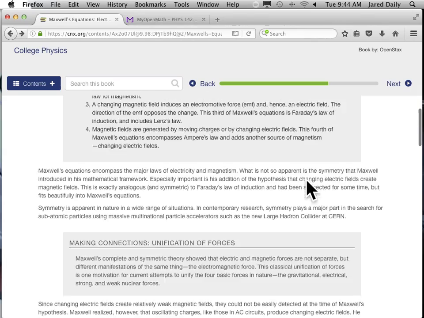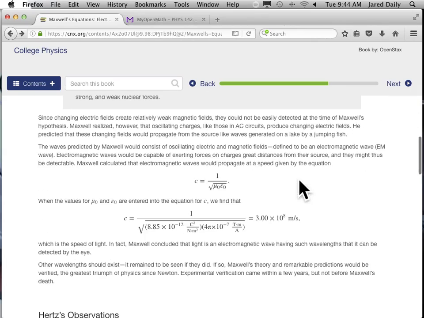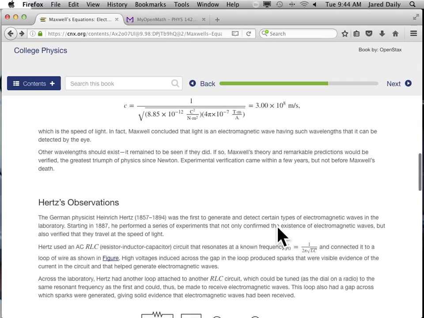And they know that light is a wave with this speed, 1 over the square root of mu naught epsilon naught. If you solve that, you get 2.99 times 10 to the 8 meters per second. And